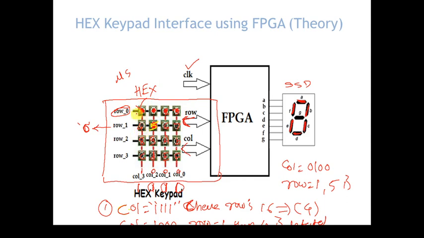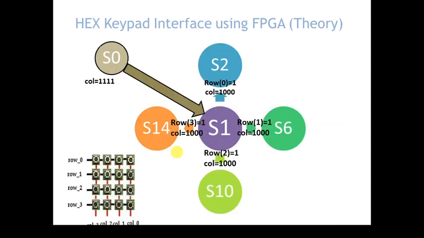else it will go on searching for the next key by forcing column value 0 1 0 0. Still if row 0 value is not 1, then we have to change the value to 0 0 1 0, and still if it is not 1, then we have to make it 0 0 0 1. So like that, for a particular key we are going to search the algorithm. So for that we have to write a VHDL code. So let us create a state diagram for better understanding.